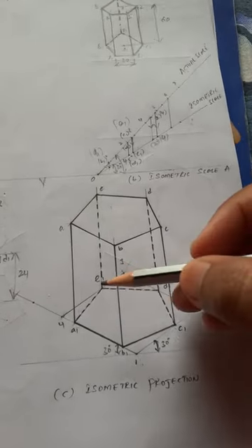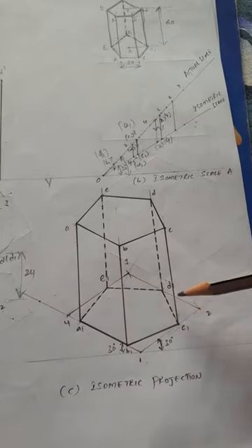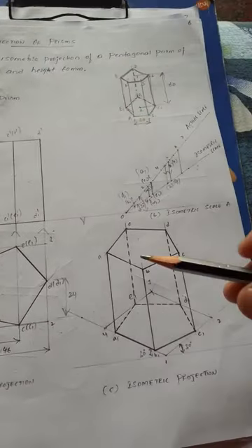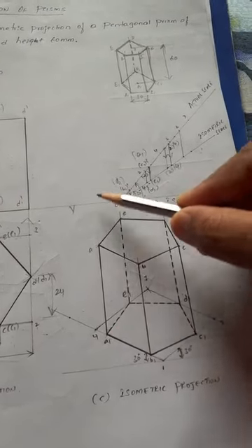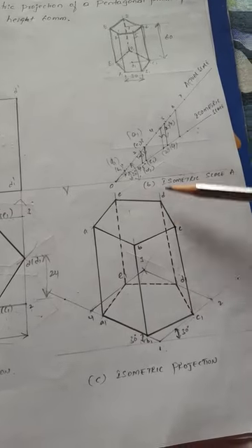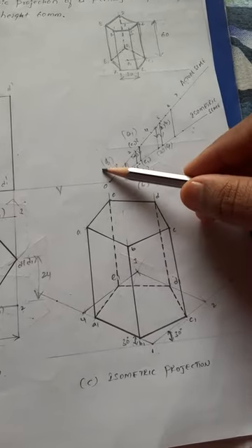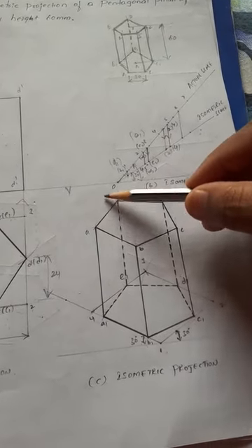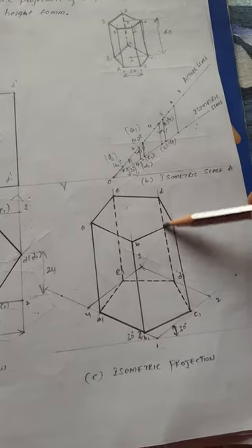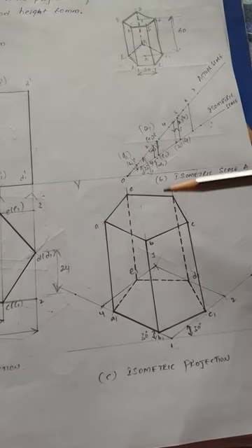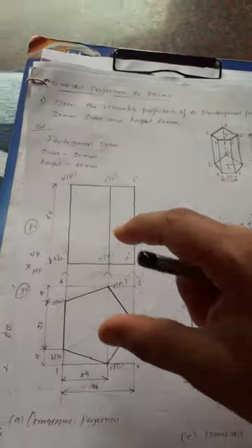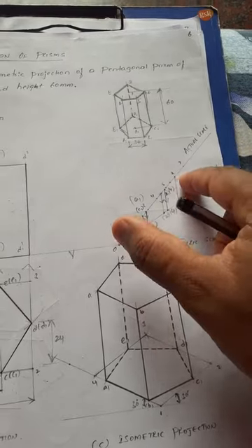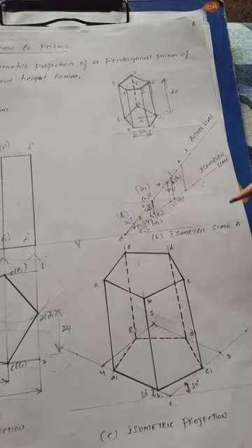It is very simple. From each corner A1, B1, C1, D1, E1, see that all these are parallel lines, right? From each corner of the base, draw a 90-degree line. Along A1, B1, C1, D1, E1, draw vertical lines, that is 90-degree lines. How much length is it? 60 mm.